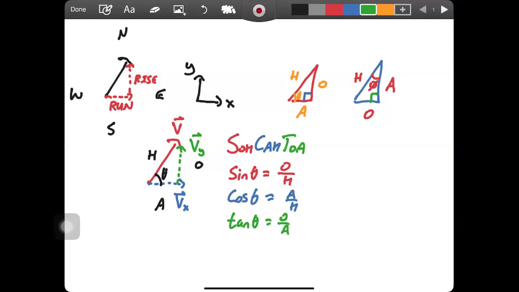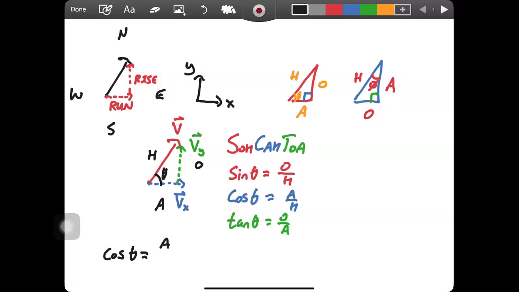So let's go back to the bottom left. You see the angle theta is in the bottom left there, that black angle theta you see there, okay? So that's going to be the main angle in which we're going to determine the opposite and adjacent sides. And so based on the position of that theta, you're going to have opposite be the vertical component and adjacent be the horizontal component. So invoking SOHCAHTOA, I can say that the cosine theta equals